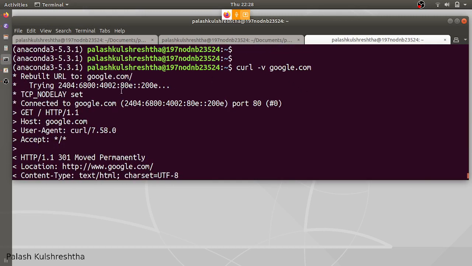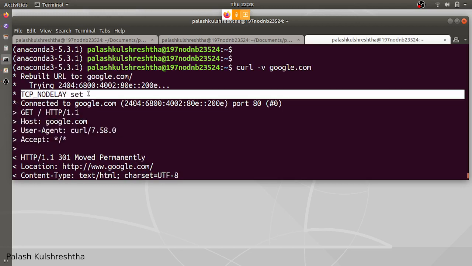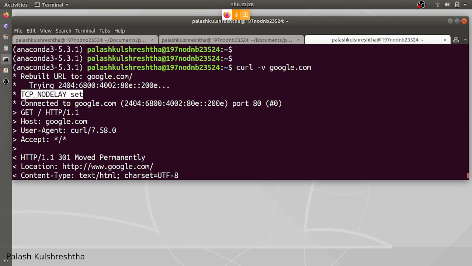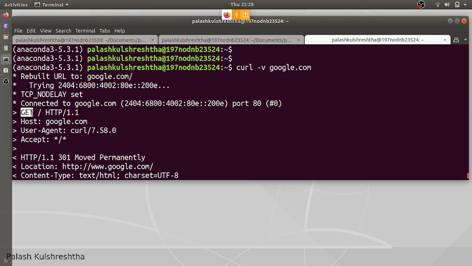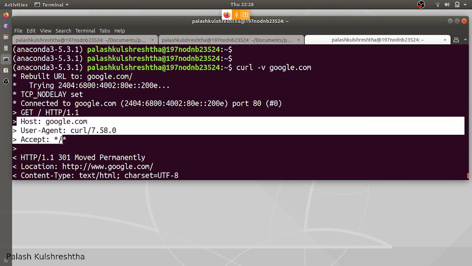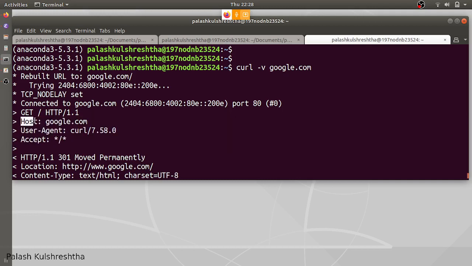So you can see that this is the request that is going. This is something which we can ignore right now. It says that it connected to google.com on port 80. Then it is the request. This is the type of request, a GET request, and this is the version of HTTP that curl has selected. These are the headers. Headers are basically extra pieces of meta information that you can send with a request. They are basically keys and values. So host is the key, value is google.com, user agent is the key, and value is curl. It shows that we are calling this API via curl.